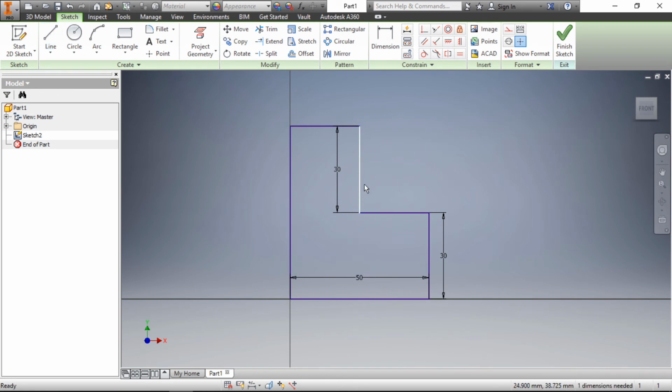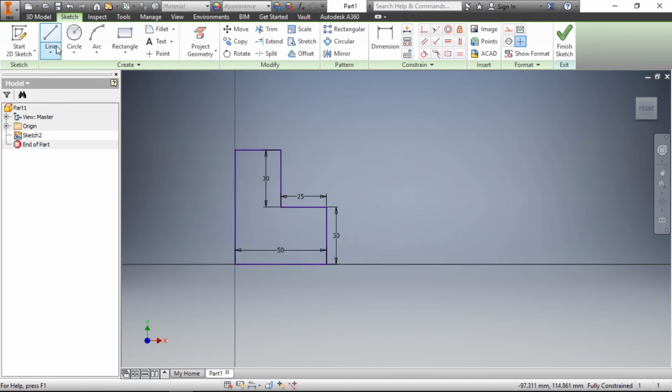Here the rest of the lines become blue, but this line becomes green because we have not given the dimension of this line. It was the midpoint with respect to the first line, but there is no constraint, so give the dimension 25 mm. Now all lines become blue. That means it's a fully defined constraint. Here you see the message on the bottom right corner, fully constrained. If I want to move any line, it cannot be moved or rotated because it's a fully defined constraint.